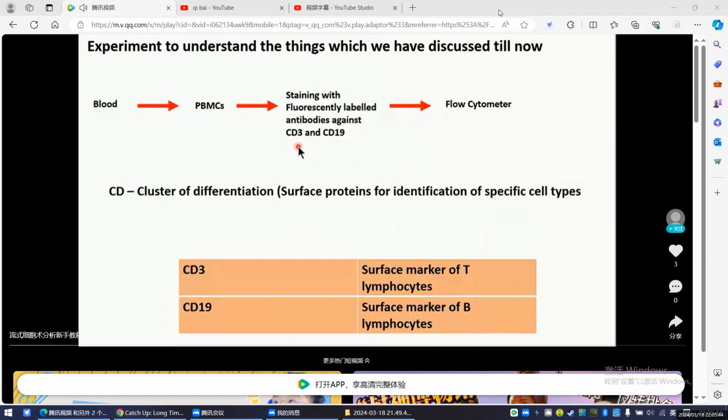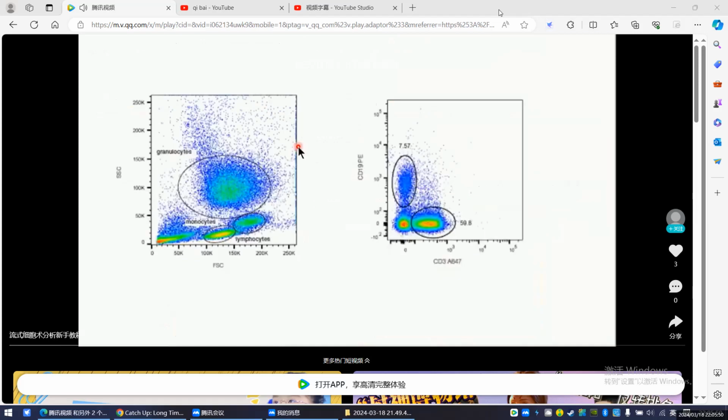Once we put them in the flow cytometer, let's see which kind of result we are going to get. This is the kind of result we get. In the first graph, on the x-axis I have FSC, that is forward scatter, which gives me information about the size of the cell. On the y-axis I have SSC, that is side scatter, which gives me information about the